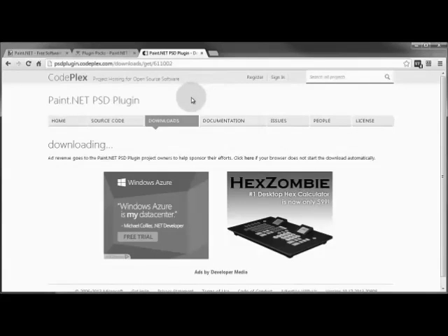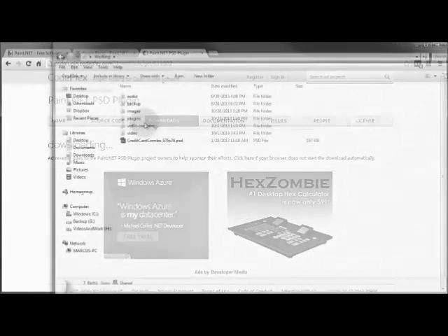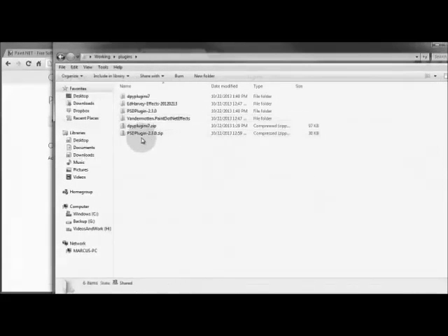So these are the plugins that I suggest you check out. By all means, check out any and all of them, but these will definitely get your feet wet in the plugin arena for Paint.net. So now then, we've got the plugins downloaded and saved to our computer, and before we install them, we want to make sure that our Paint.net program is closed. Now, I've got them here in this plugins directory, and what I suggest you do is once you unzip them,